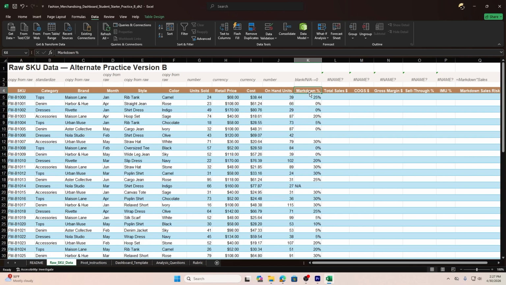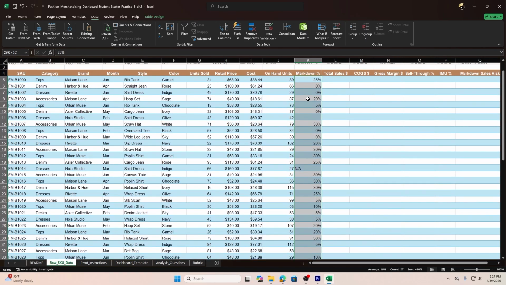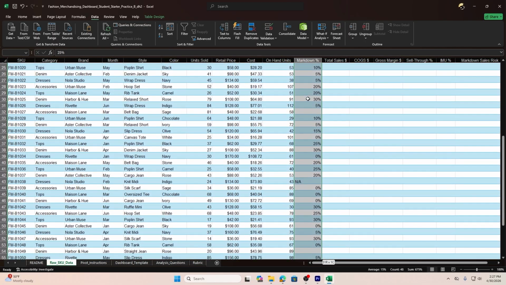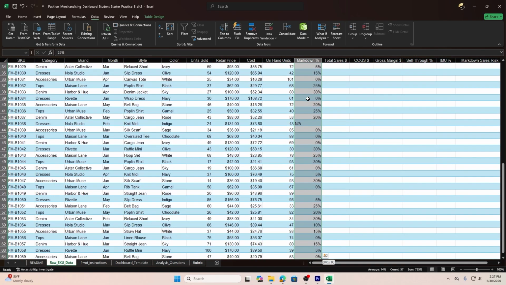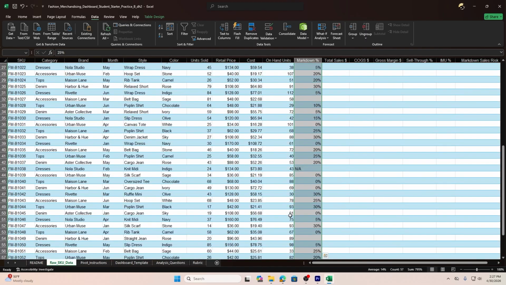I clicked on the first cell here in my markdown %. Control Shift down arrow, which is Command Shift down arrow on a Mac, is being stopped by these errors. So I'm just going to keep clicking it until I get to the bottom at 64. Now that I have this column selected,